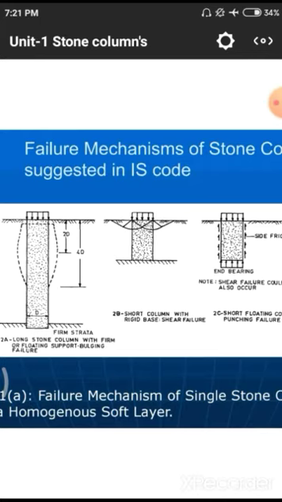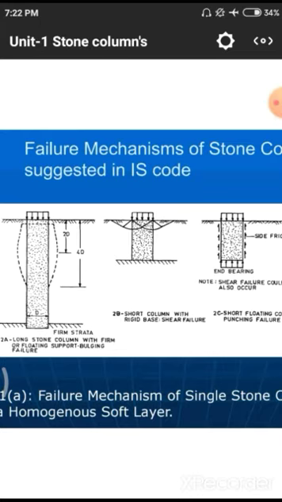In the second diagram, we have a short column. A short column normally has an L by D ratio less than 12. That is called a short column as per our RCC designs. If the L by D ratio is greater than 12, it is a long column. The first one is a long column, and long columns mainly fail due to the buckling phenomenon. Short columns fail due to crushing loads. Long columns fail due to buckling loads. Those two things are very important while we design a particular column.